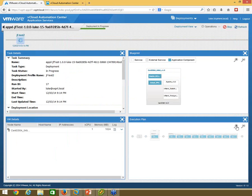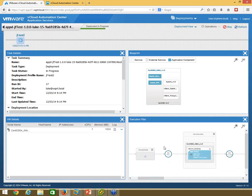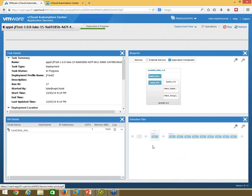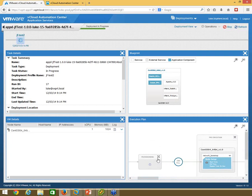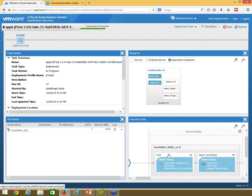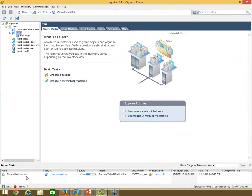This execution plan window down here will give you a little bit of insight as to what is going on, and it's also handy if you do run into errors. It auto refreshes every now and again, which is mildly annoying, but that's okay. So you can see here that my node is being set up, and if I come into vCenter, you can see here that I've got a clone virtual machine action going, which again is my